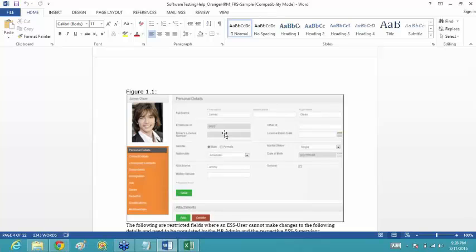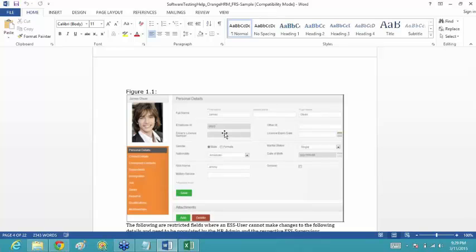The second user of this application is the ESS user. The ESS users fall into the category of people who have newly joined the company. If any new employee is getting enrolled into the company, his ID and information need to be stored in the database, and that work is done by the HR people. The person or group of people who enter into the application, add this employee, and create his ID and password are the admin people.